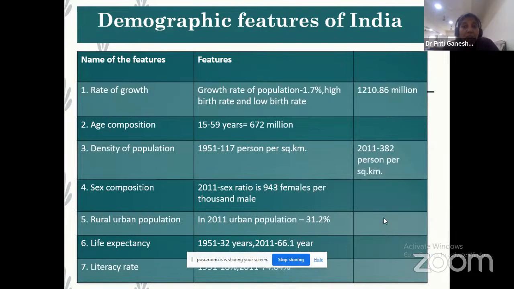So here you have the demographic features of India. If it is asked as what is meant by demographic features, you have to tell the features of India's population. So we know that this question is going to come surely in your paper. I have to write this. Now it is up to you how you present it. First of all, when you are saying demographic features, you have to add the data.